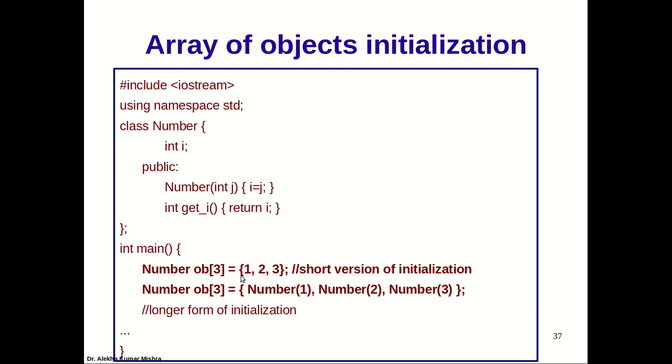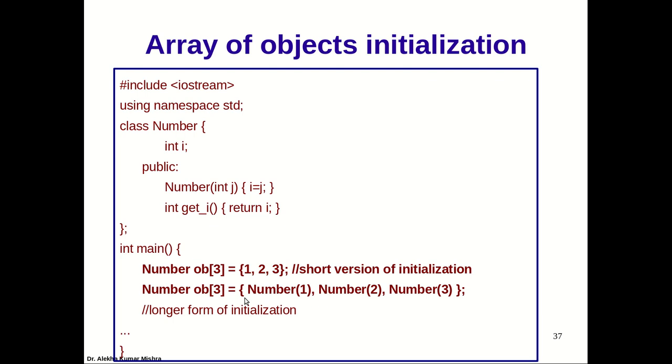So what's the difference actually? Because we have seen this kind of definition, yes, but only for primitive types so far. We are also not allowed to initialize directly like this, 1, 2, for a structure or an array of structure variables. So this is possible because you can see the line below it. The second line shows the longer, original form of initialization, because any object cannot be initialized just like that.